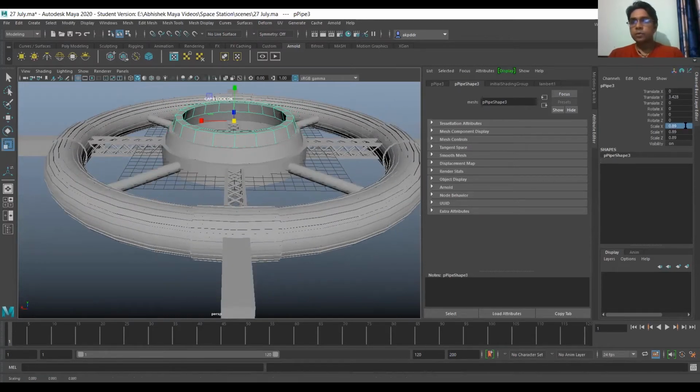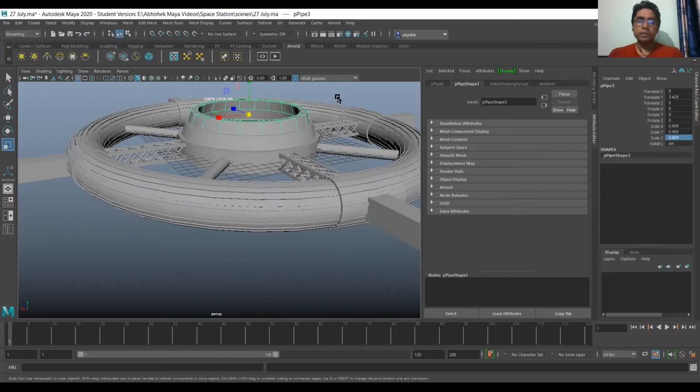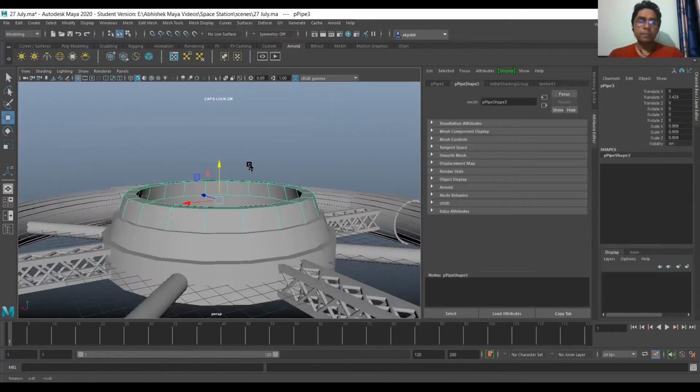I'll give the value scale X 0.909, scale Y 0.909 and scale Z 0.909. I have duplicated the previous polygon pipe with those values. Make sure it is placed exactly above your previous pipe.